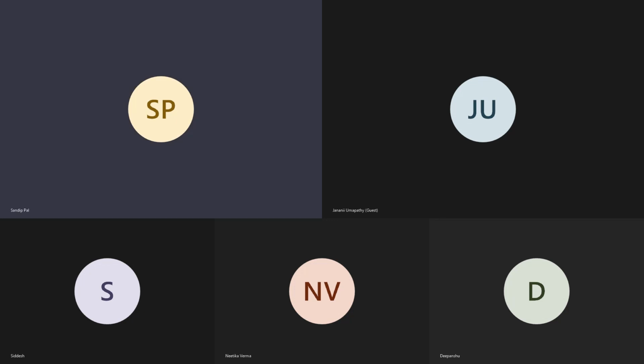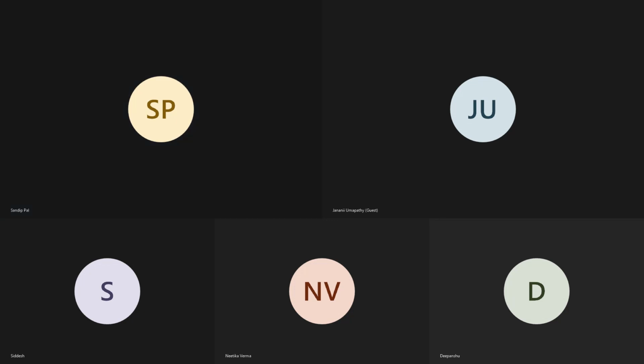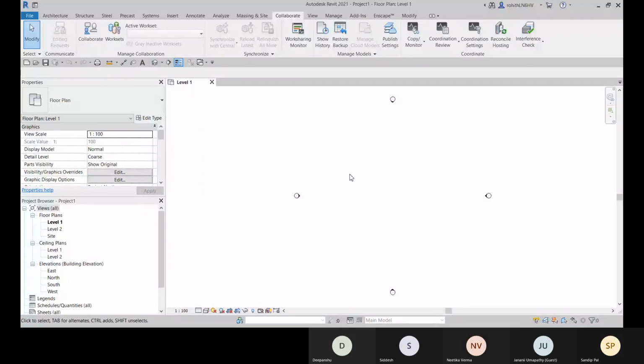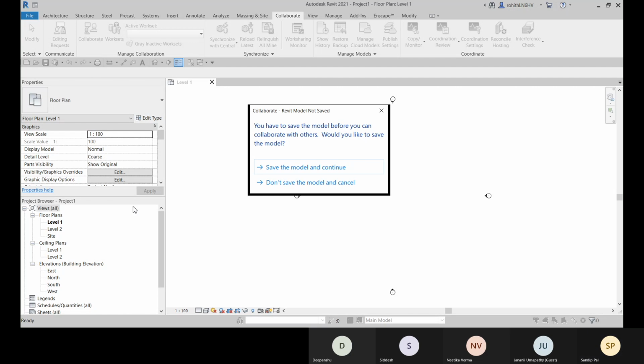Let me share the screen again. Now come to the Collaborate tab, and there you have this Collaborate option. This enables the